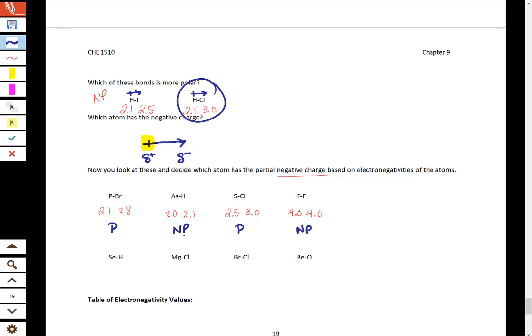Even for the ones that are nonpolar, if there is a small difference between the two, you still have a little arrow. The arrowhead is always pointing to the atom that has the higher electronegativity value, because that is the one pulling the electrons toward itself and having the partial negative charge. If we look at this final example of F2, we don't draw an arrow there because the electronegativity value for them is the same. So you can finish by practicing